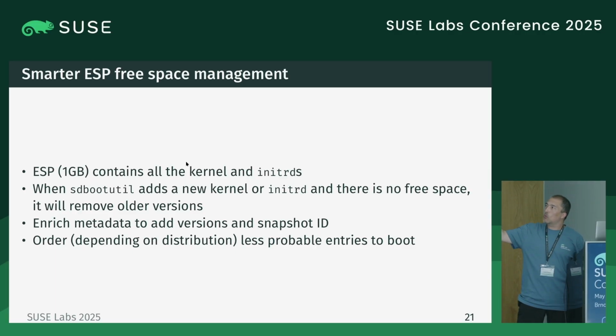But you can work with half of that. In microSD, this is not a problem. But in Tampered, we can have multiple kernels, making the allocation of free space very hard. So in order to avoid that the new kernel cannot be installed, we have a better algorithm that now makes a smarter choice of which kernel from which snapshot is going to be removed, with the expectation that this old kernel from this other snapshot is not going to be booted frequently.